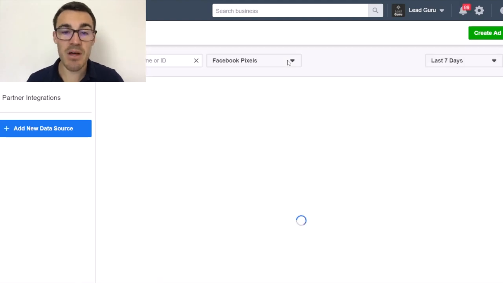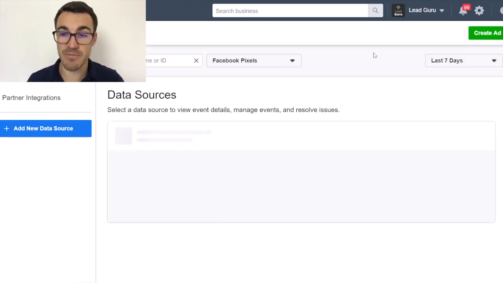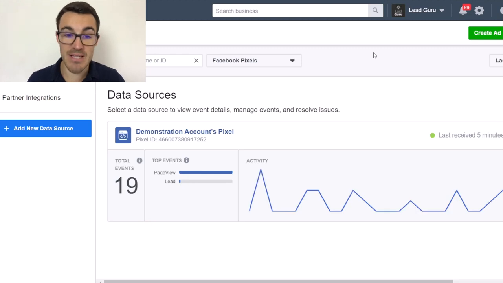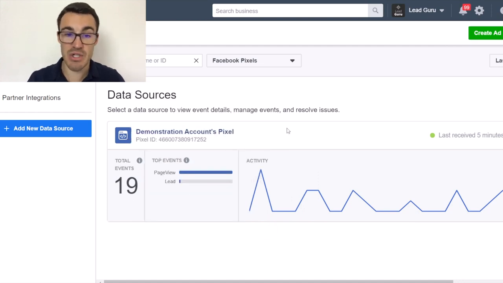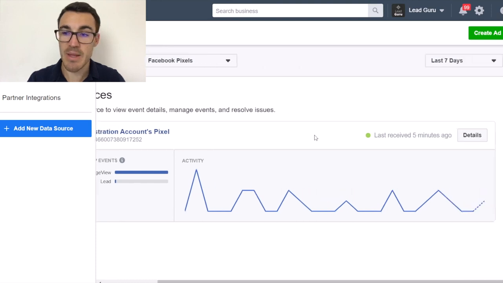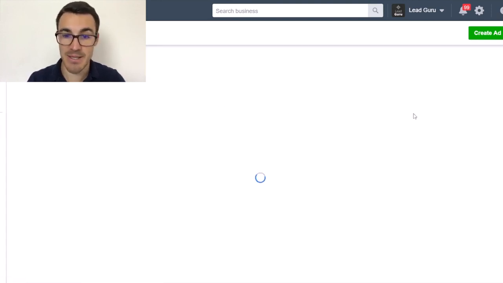Now, if you've never used the Facebook Pixel before, then you might not have it set up. So you might not have this data in here where we've got various events and things like that. That's absolutely fine. It might just have a blank sort of screen that says setup Pixel. That's not a problem. I've already done this demonstration in this ad account, so I'm sort of showing you the process. But all you want to do is go in, and in my case I'm going to select details,